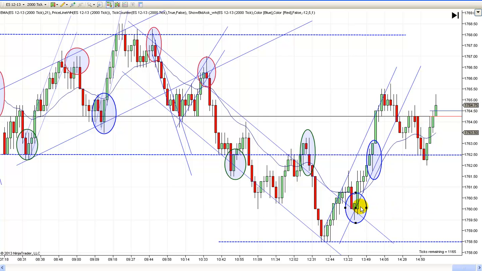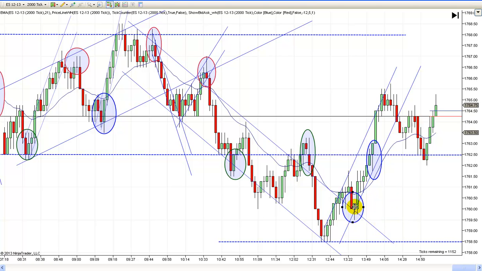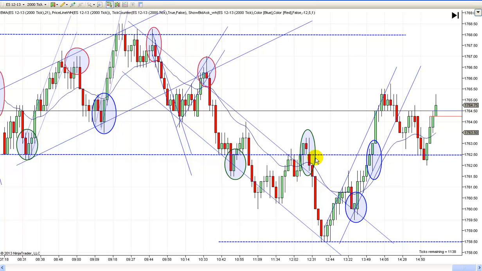So that is a failed second entry short, which was the main reason I liked that. Notice the new low, first entry pullback, second entry, that reverses right there. It's a retest of that line if you had it drawn that way. And so that's a great place to try to get long, figuring you're going to come back and test these highs again. And it found resistance there, but when it turned down again, now it's on a bigger picture. That's two legs up. That's a failed second entry short.